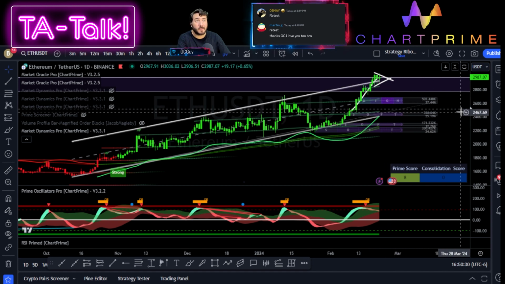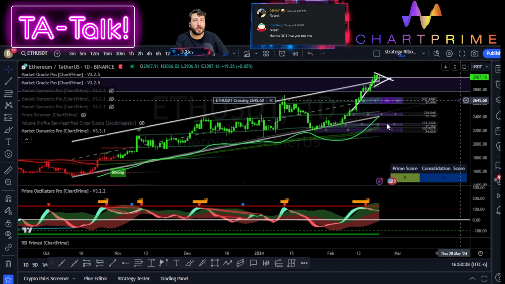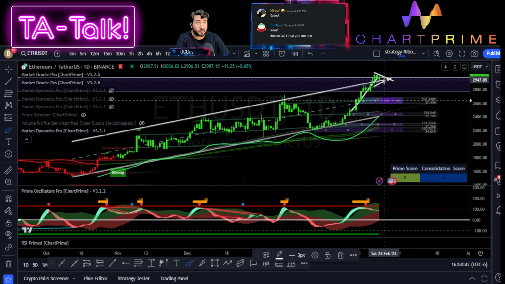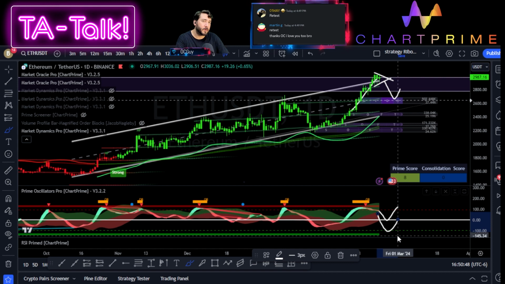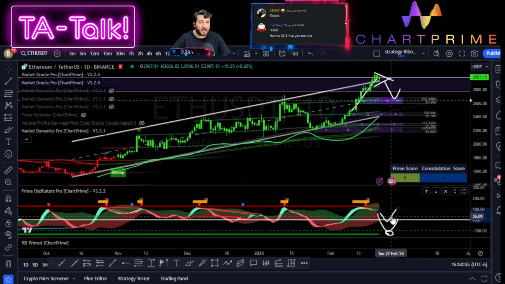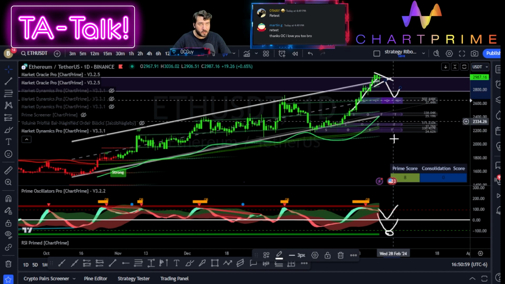Those areas are going to define where I'm going to be jumping in. Because these high order blocks just got built up, I'm going to set an alert right there. That doesn't mean I'm going to enter unless I see the price going down, bouncing with a flip of the ribbon right there, or a flip of the ribbon down here at support. Most likely, if I see this and this, we're going for a long.